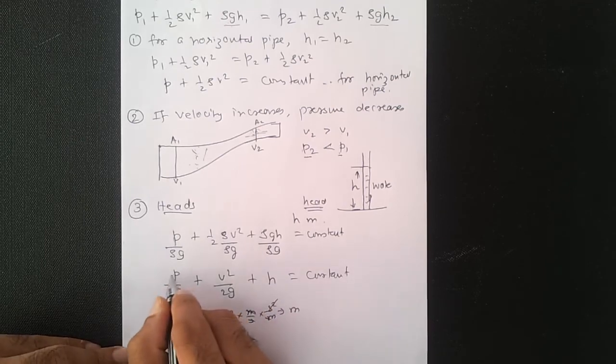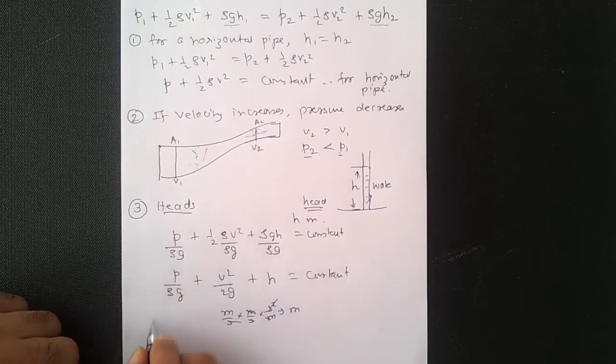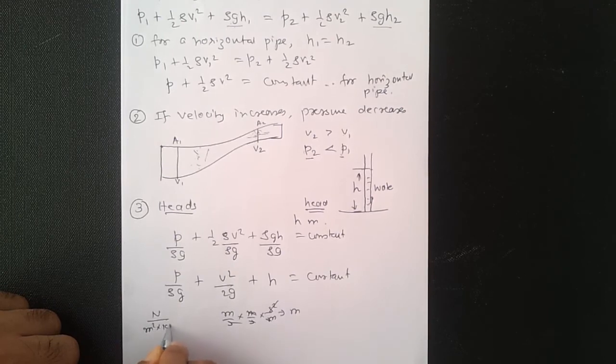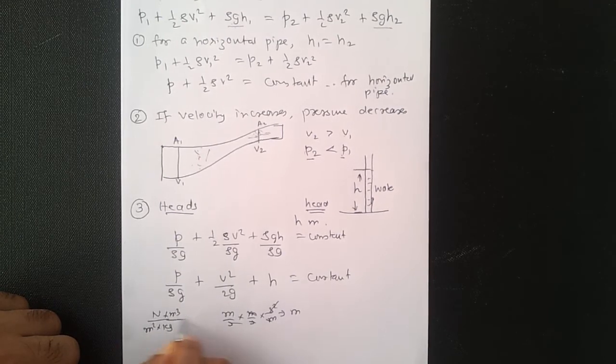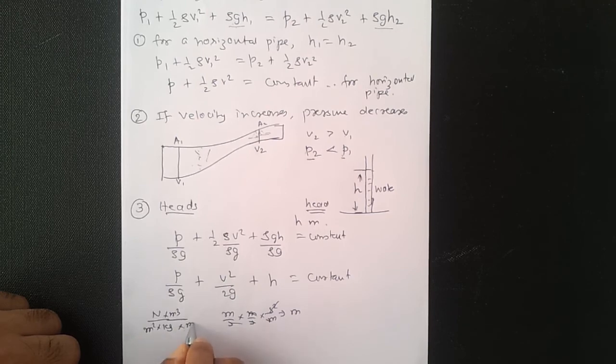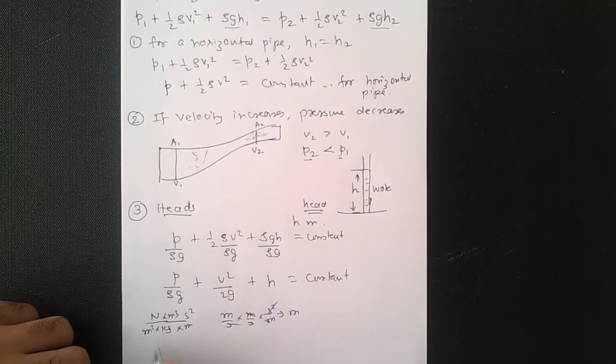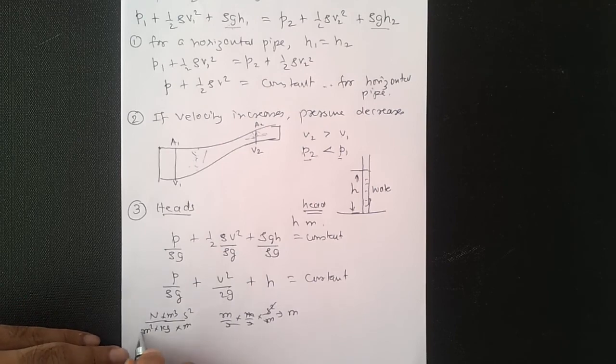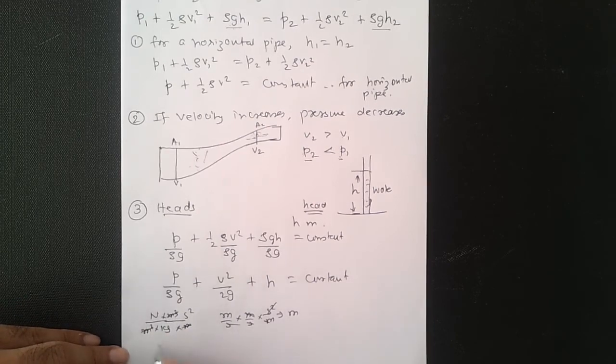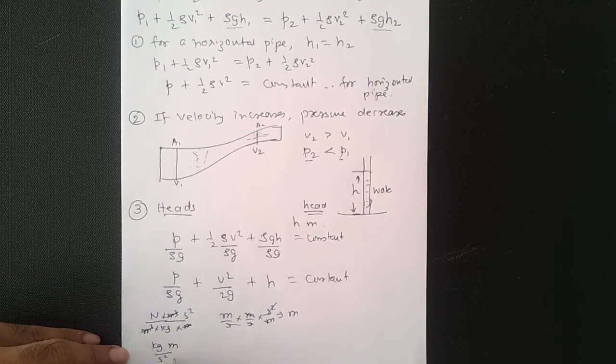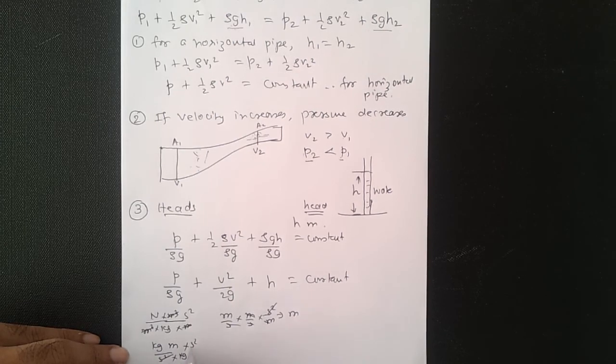Similarly, if I take pressure upon rho g, I'll again get length. Pressure is Newton per meter square, density is kg per meter cube, and g is meter per second square. Now Newton is kg meter per second square. So second square goes, kg goes, and I'm left with meter. So this is meter, this is also meter, and this is also meter. All these three terms represent energy in terms of height, and that height is known as